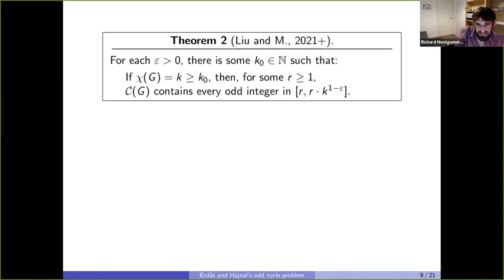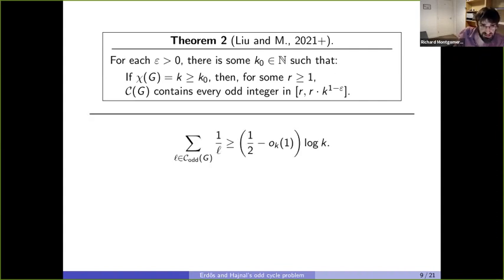The interval looks a little different and it's not as wide, but still, if we have chromatic number k, then for some r, we can find every odd integer in the cycle space between r and r times k to the 1 minus epsilon. And this is enough to give us good bounds on the density function we had before. So if we do the same calculation, then the sum of the reciprocals of the odd cycle lengths is again about 1/2 k,